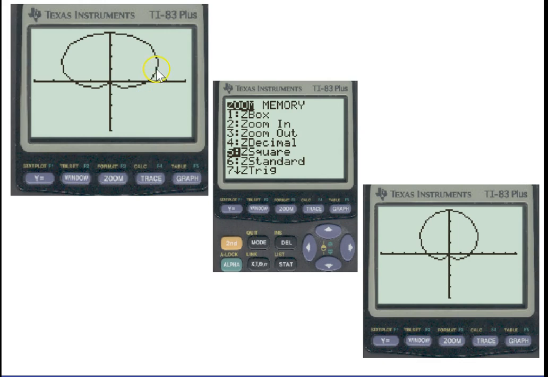Now notice this is a lot fatter than the one that we had, right? That's because the screen is really not a square screen. It's really a 2:3 ratio. So in order to see it a little better, what you want to do is